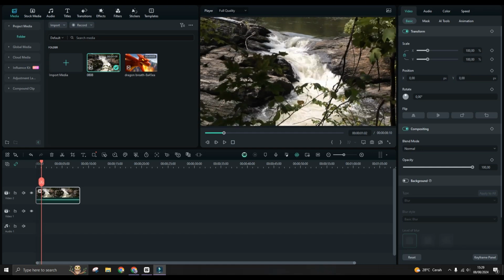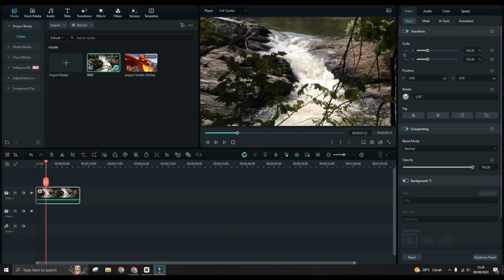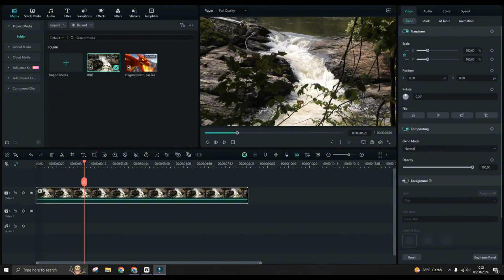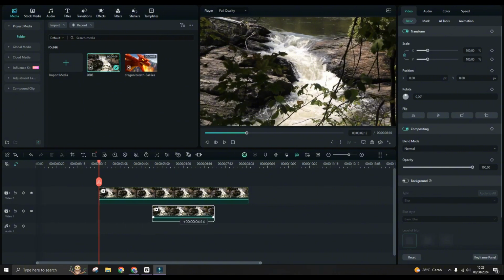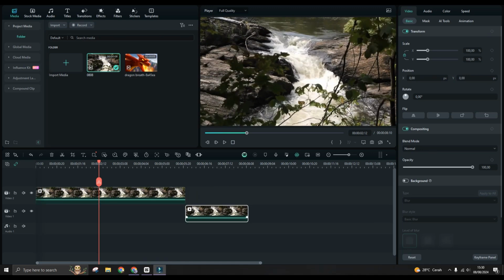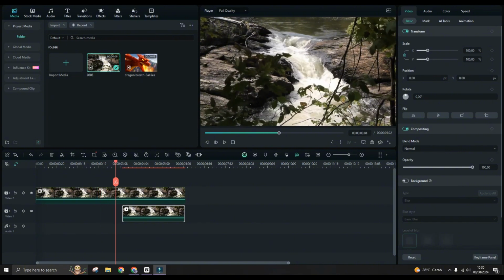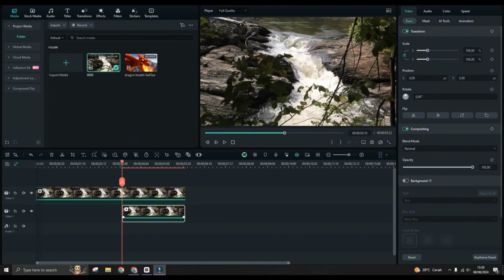You can just split the video at the 2 seconds mark. So I'm going to split in here. Let's split it and put the first video at the end of track 2. Just drag it like this, and then let's move it in here and adjust it like this, and then move the playhead to where the